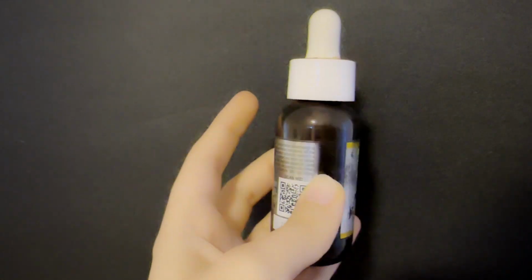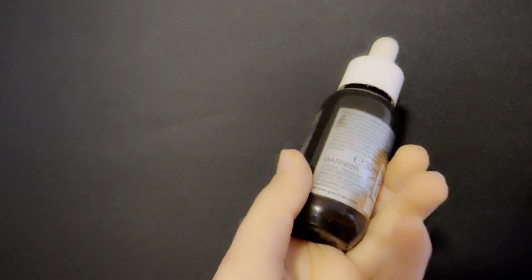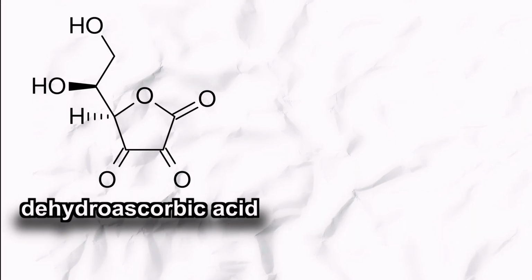But vitamin C is annoying in every way imaginable. If you've ever bought a high vitamin C skincare product, you might have noticed that it's always in either a highly pigmented glass container or completely opaque. And that's because it's sensitive to literally everything. Light, heat, transition metals, oxygen, and pH. We could get rid of the light by enclosing the growing tank, but the tank is full of transition metals like iron. We're continuously pumping oxygen in and heating the mixture to let the yeast grow. It oxidizes through a chain reaction to these two chemicals, dehydroascorbic acid and...